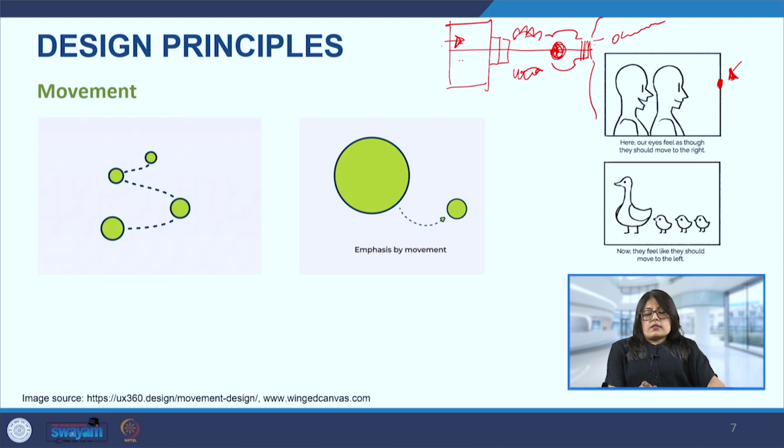So now this line, which is not really a line here, this line that I have drawn, is an implied line in the way that it is guiding the person who has entered into this space. It's connecting one point to the other and sort of expanding the view of the user, giving them a different experience. So this line is not existing in reality, but the elements around that line are sort of creating that line. So this is an example of implied line, and here this is an example of the psychic line, where the line does not exist but the user's eye is forced to move in that direction.